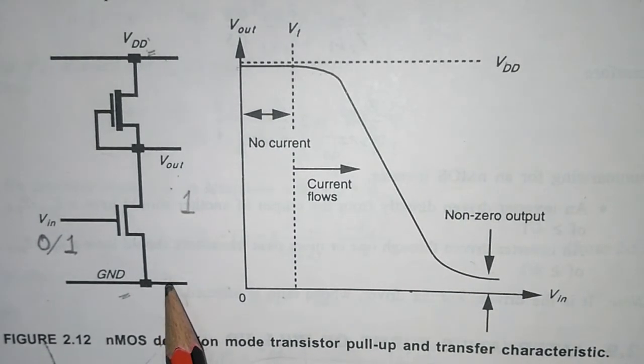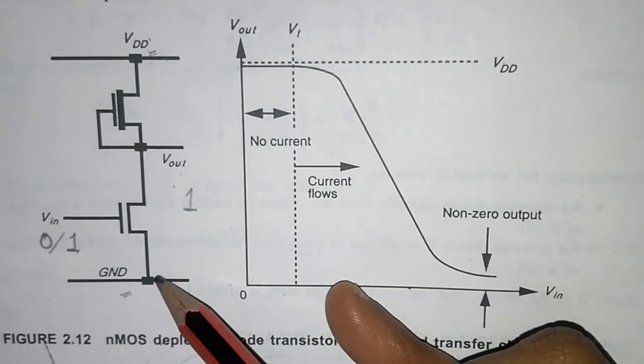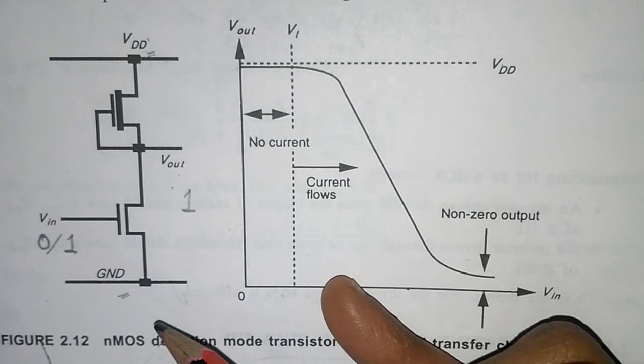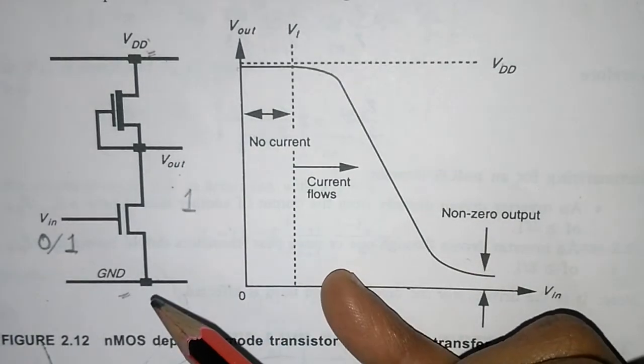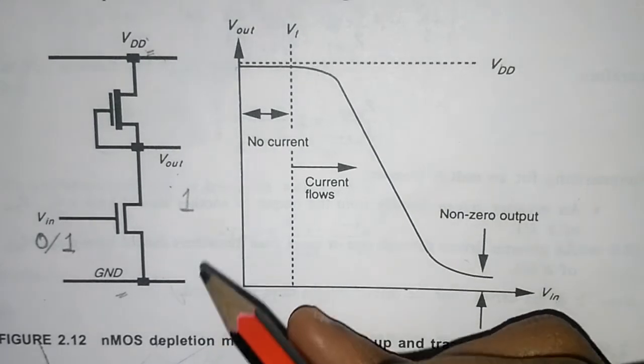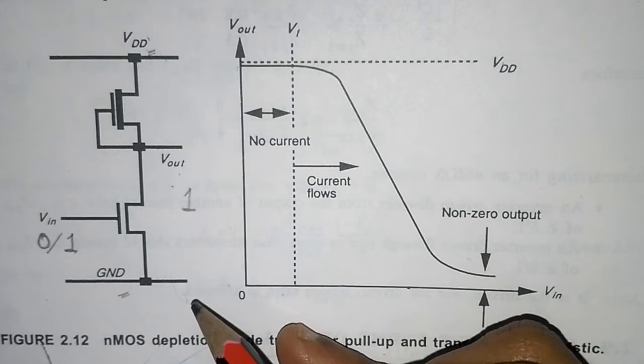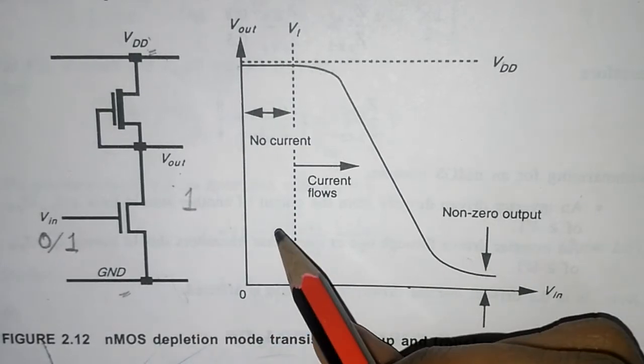Why it is a serious issue is because it's as if you're shorting the positive and negative terminals. When you short, there's going to be a heavy current. When there is a heavy current, a lot of power will be dissipated. That means a lot of heat will be generated. When this heat is generated, we should also know how to ward it off. That means this heat has to be immediately removed from the circuit.